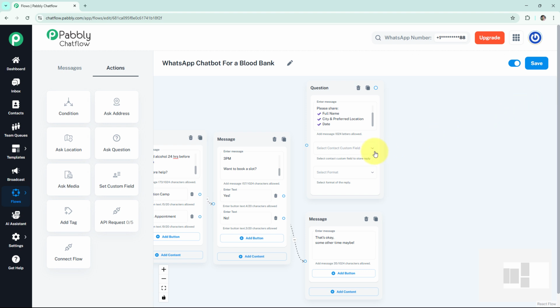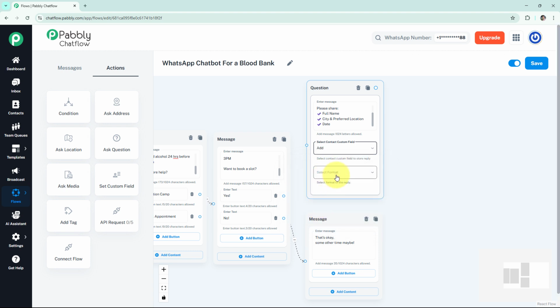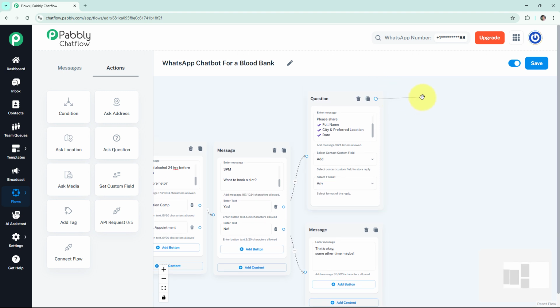Once you've created your contact custom field successfully, you can select it from the drop down. Here I'm going to select add, and as format I'm going to select any. Link it to the yes option. And now we are going to curate a confirmation message using the text button. Here I'm going to add